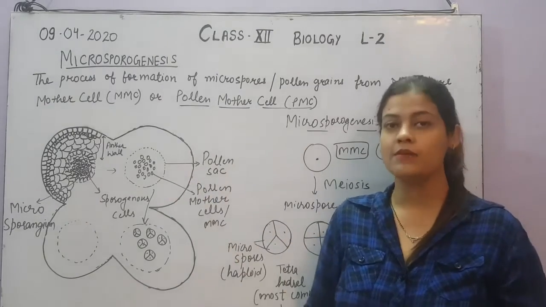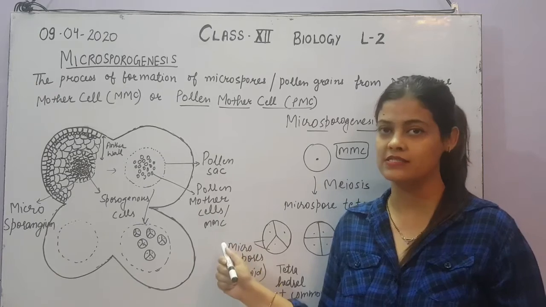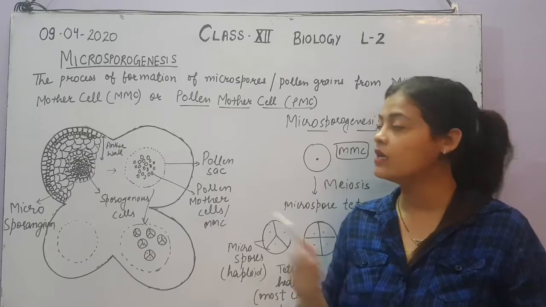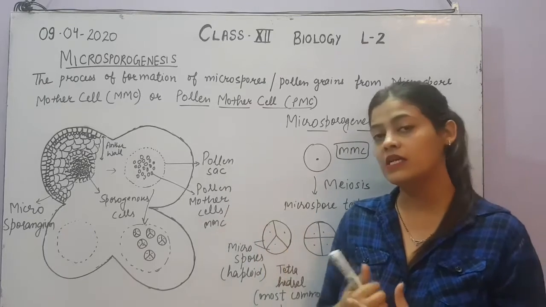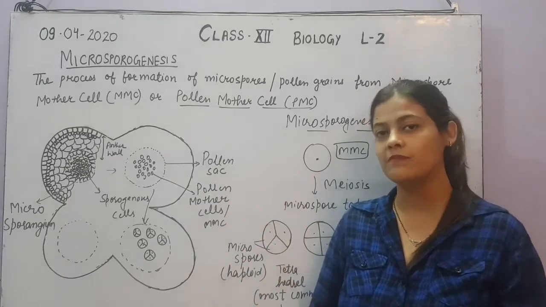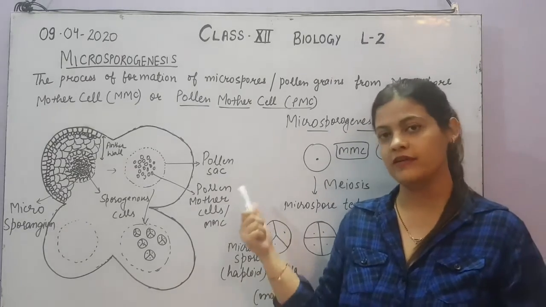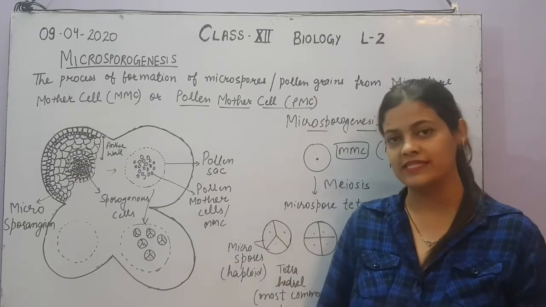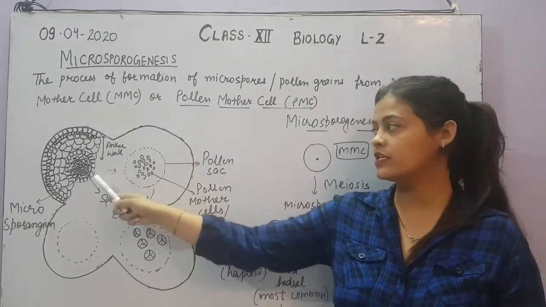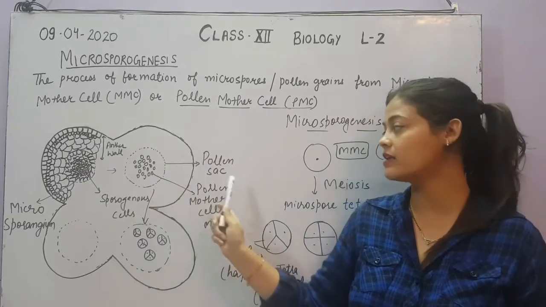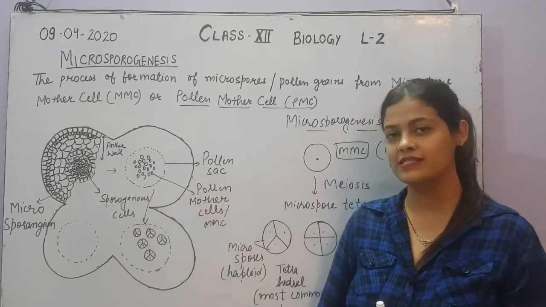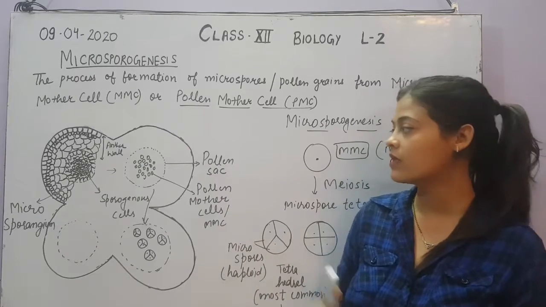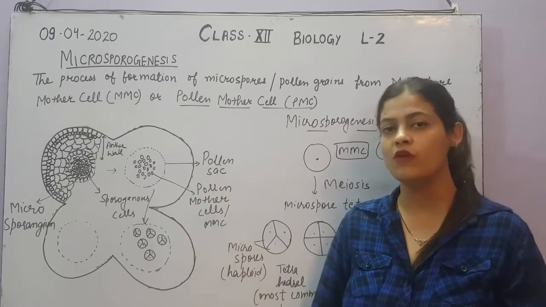Now these cells are called microspore mother cells because these are the cells which will later form microspores. Now why are we using microspore, is microspore and pollen grain the same thing? We will discuss later the difference, why we are using the term microspore here and what pollen grains are then. So is it clear to you? These sporogenous cells inside the pollen sac will be considered as pollen mother cell or MMC, that is microspore mother cell.